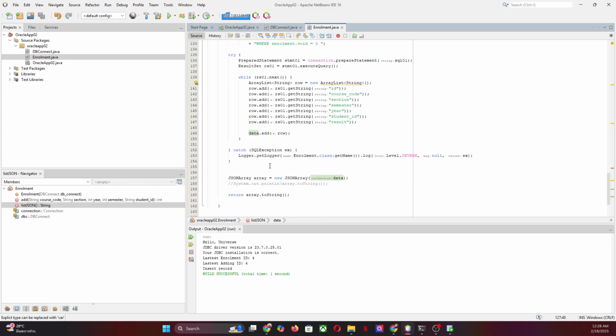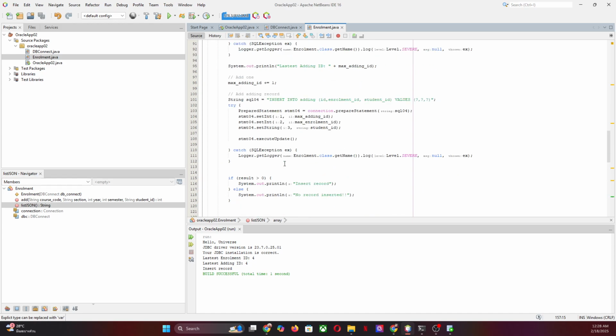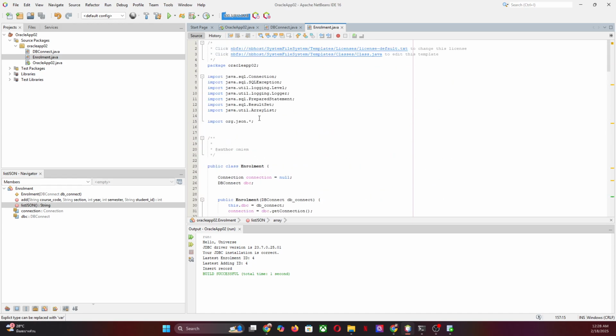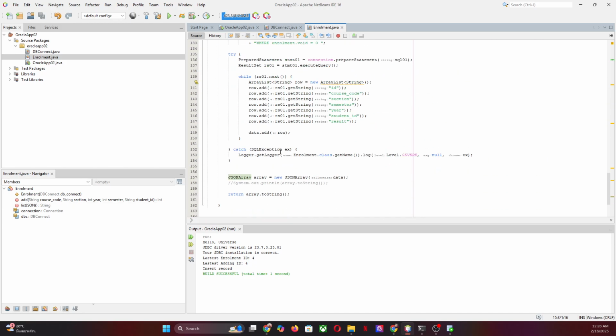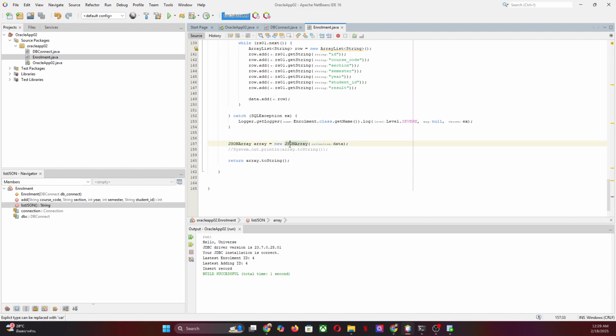And then at the end, after you finish, you need to return the data, but you will not return the data in the form of array list of the table. You return it in the form of JSON array. This JSON array comes from here, this one. Okay, so after you have the JSON array,